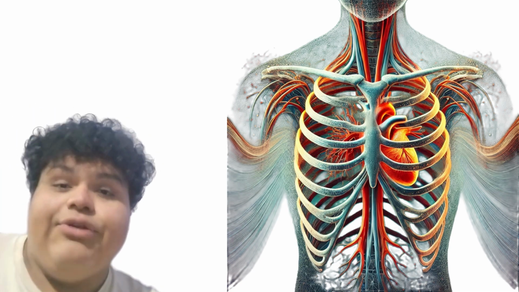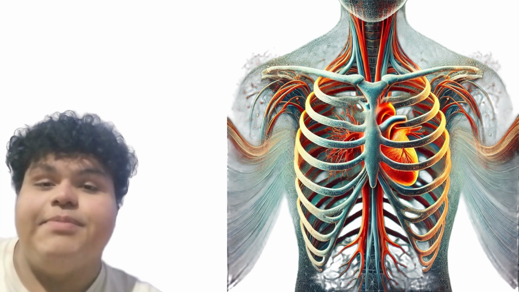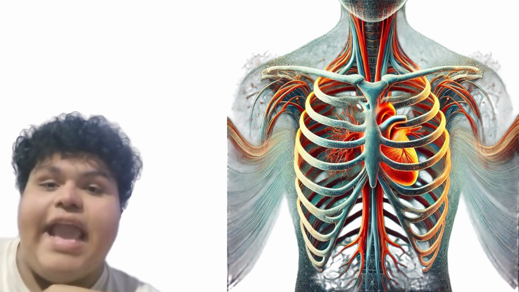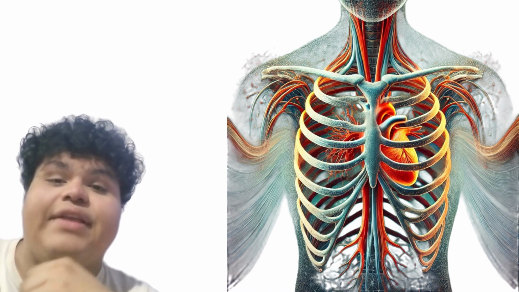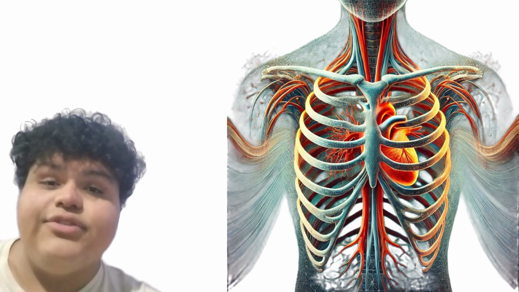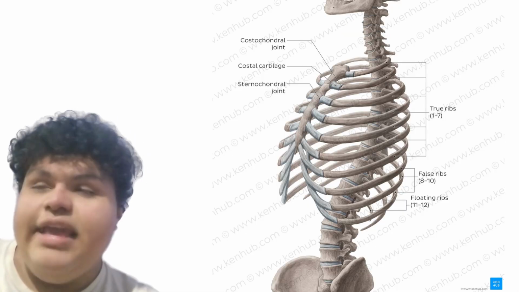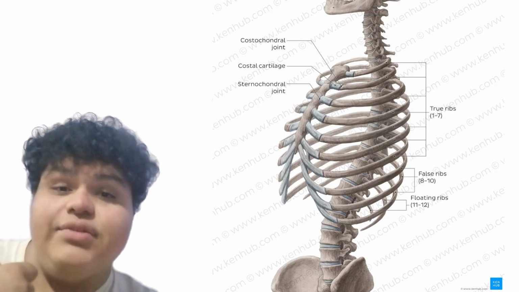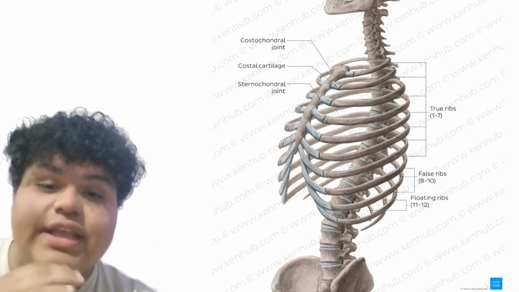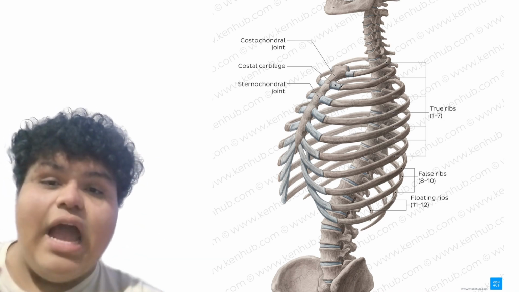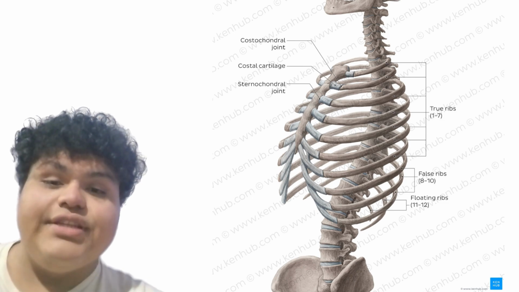3. The rib cage. The rib cage is composed of 12 pairs of ribs and the sternum, and it plays a vital role in protecting the heart, lungs, and other thoracic organs. It also aids in respiration by expanding and contracting during breathing. The ribs are divided in 3 categories: